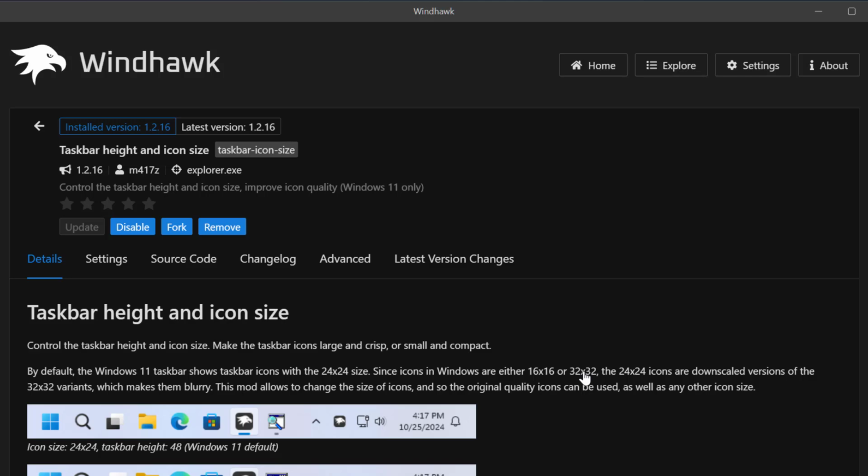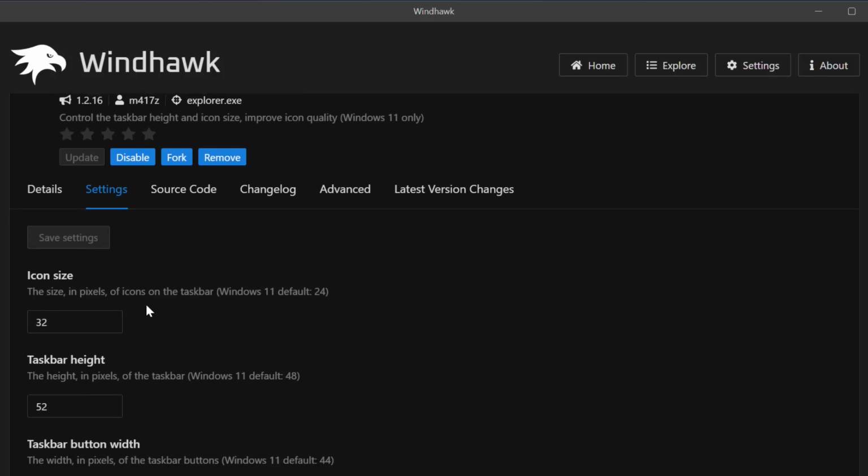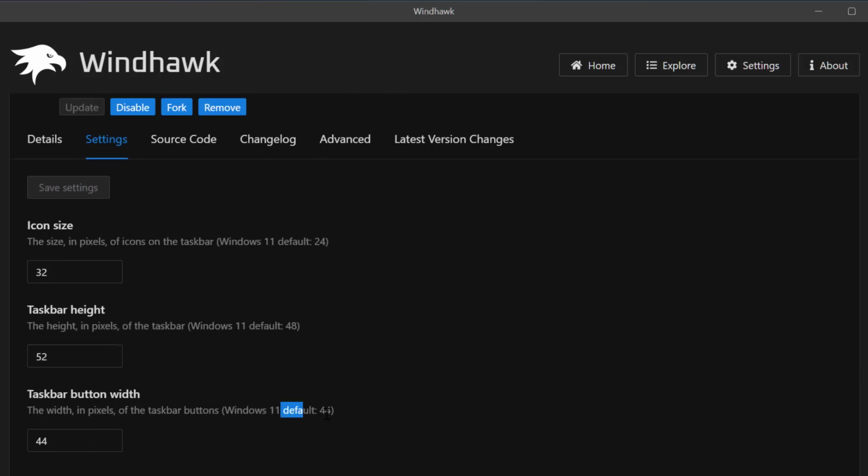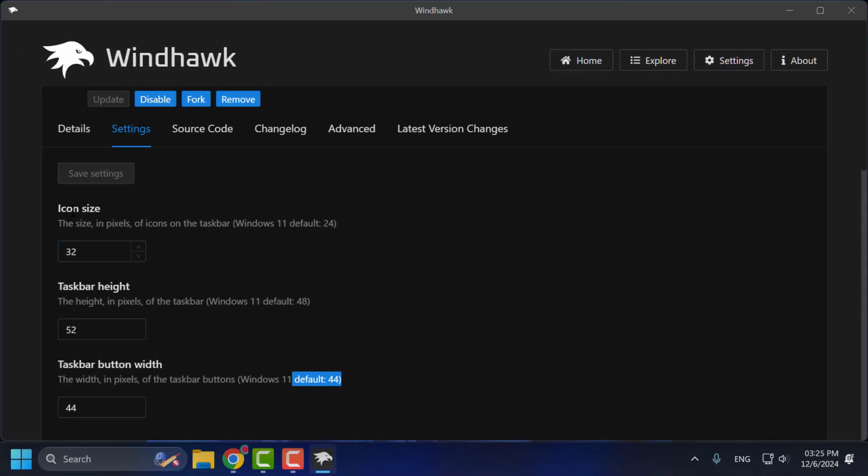After getting it installed, you just need to select the settings option over here. And this is the default Windows 11 size of the taskbar listed over here. You just need to change the size of the taskbar by your preferences, guys. For example, I'm gonna change the size of the taskbar. I'm gonna type here in icon size 20 and taskbar height 35